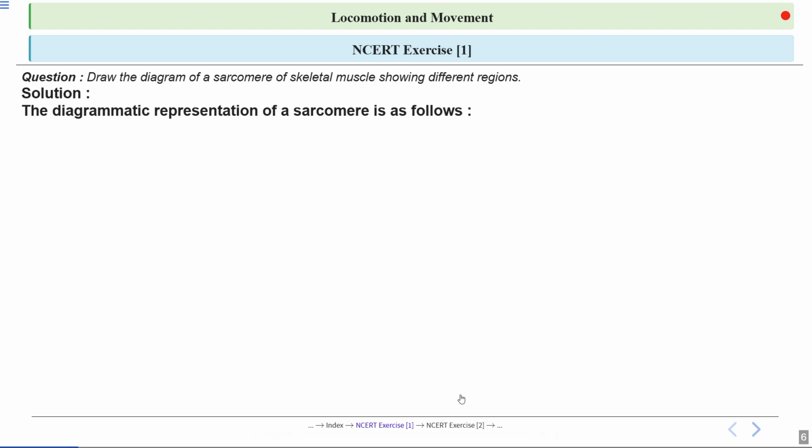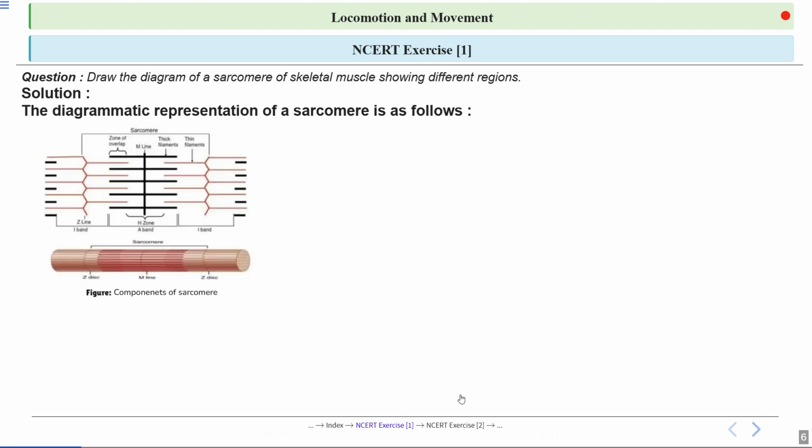We also know that the sarcomere is divided into distinct regions, each with a specific role in muscle contraction. We will see the details one by one. So this is the actual diagram. Here you can see the A band, I band, H zone, M zone and N line, which are clearly marked. These regions help the sarcomere contract as well as relax, just like gears working together in a machine. So remember, the arrangement of these bands is what allows our muscles to shorten and produce movement.